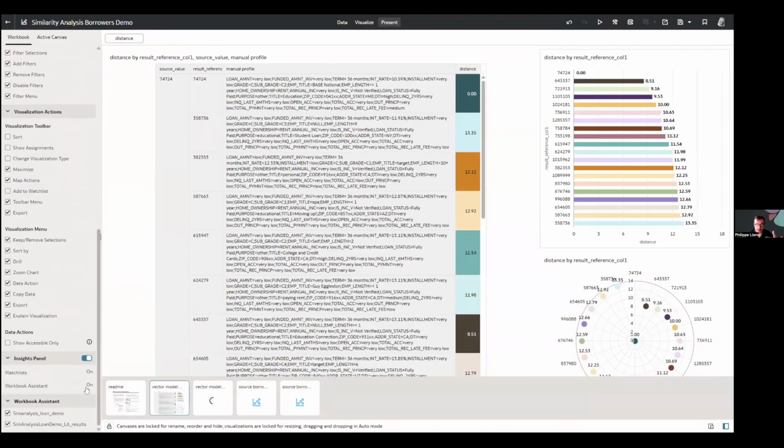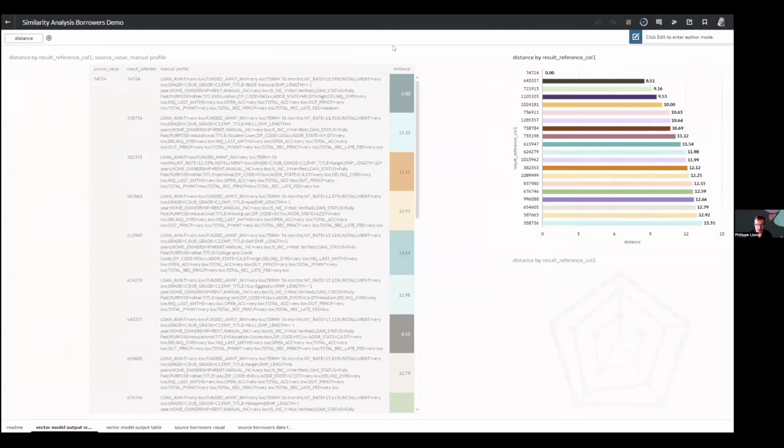If I had exposed this dashboard to my team or to my management, I could also give them access to the panel of the assistant, and I could even decide that the panel of assistant for my consumers is only going to query not the similarity results, but just a long demo. And as a preview, let me go there and see what my consumers will see.